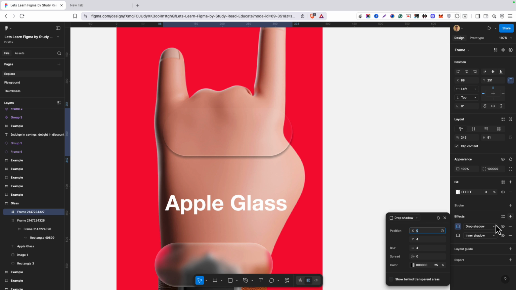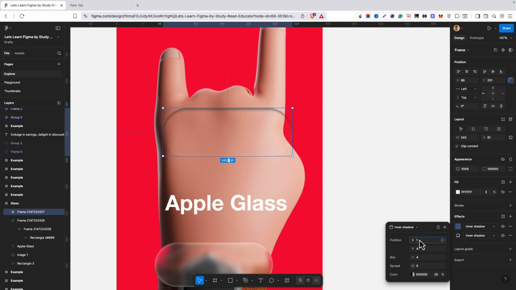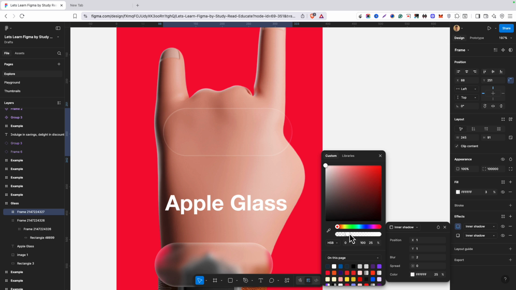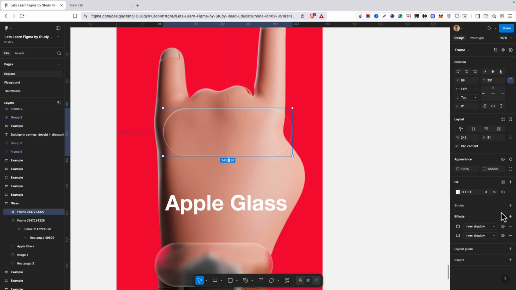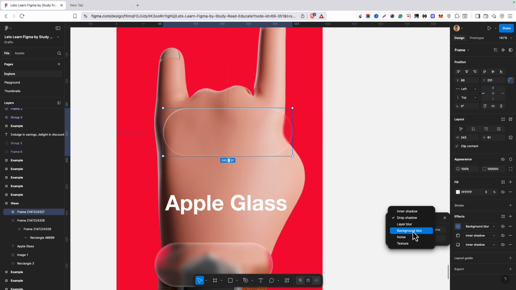Once again add an inner shadow and give it +1 in the Y axis also. Blur 2, play with the color, add a white color. So the frame is ready. Now give it one more effect, and this time it will be a simple blur,